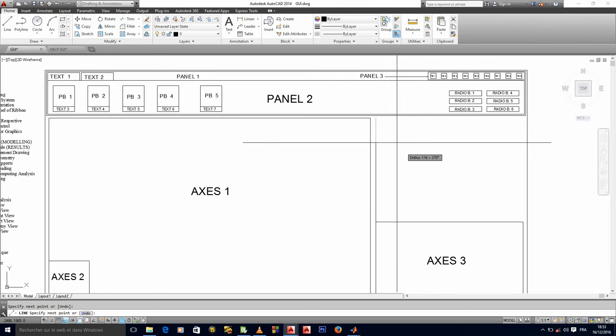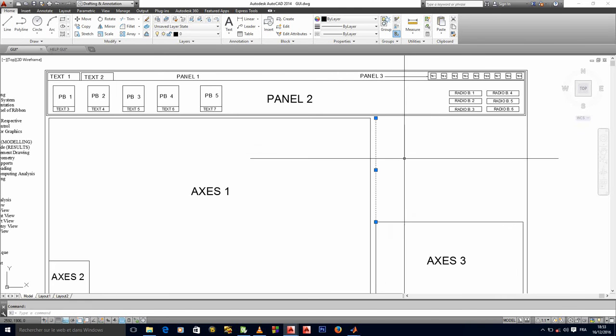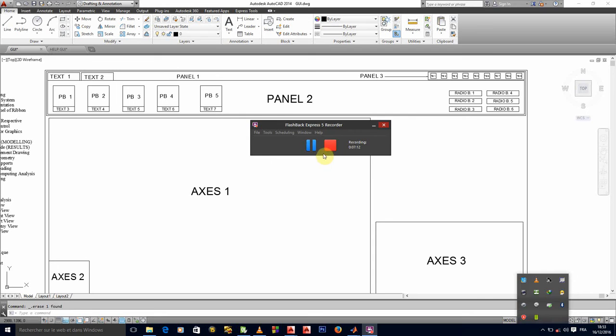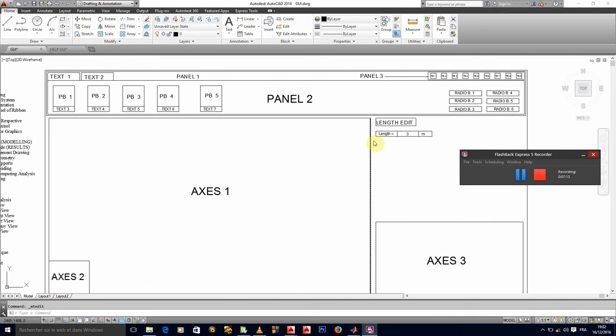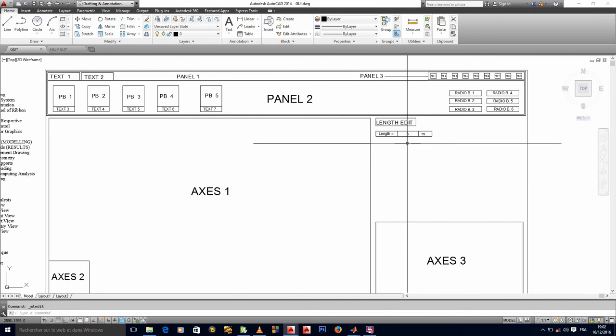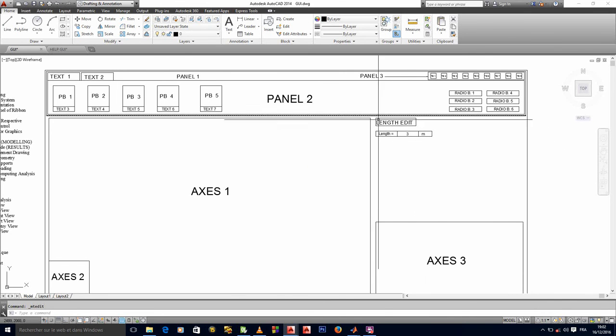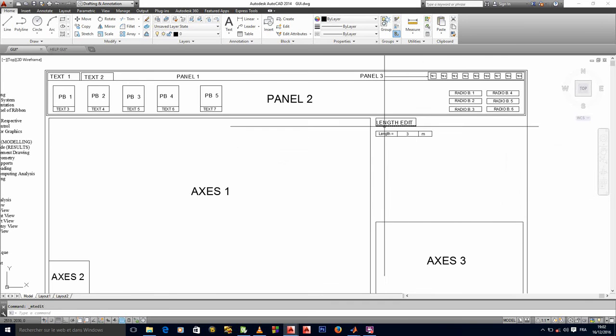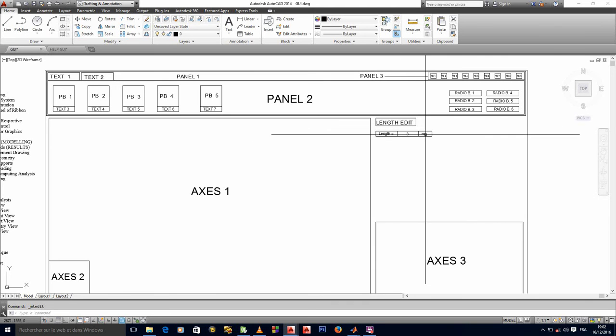In fact, let's see that. Okay, so this is what I mean. Okay, are you seeing this? So it means we'll have the title here, length edit, to indicate that the options that are down here are for length editing. Okay, and then we'll have length is equals to 3 meters.